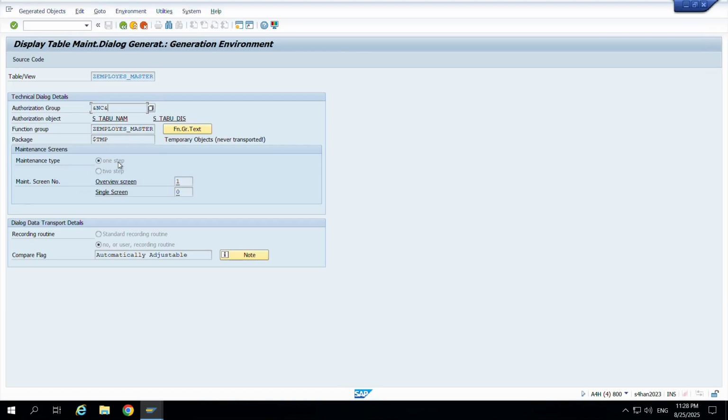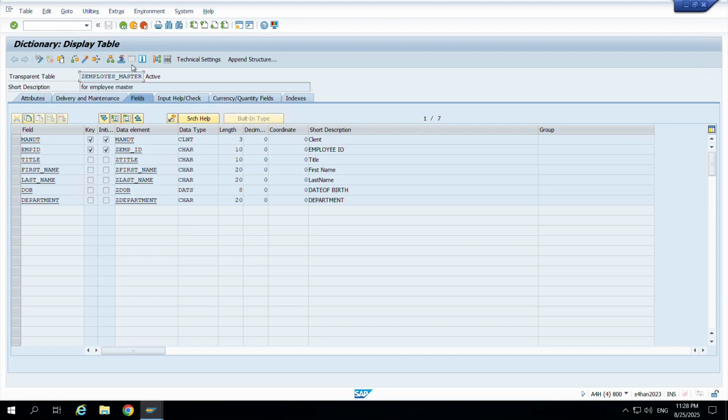When you select 1 step, then whenever you are creating entries, multiple entries are allowed within a single step only. But when you select 2 step, then first you create the first entry. After that, when you click on next, the second entry page will be displayed. After that, here there is a create button. You need to create it and save it. So go back. In this way your TMG is created.